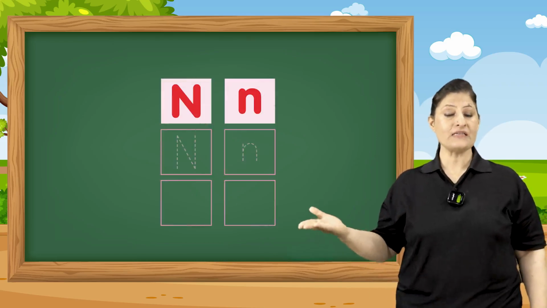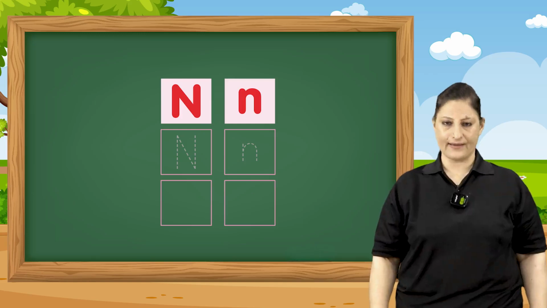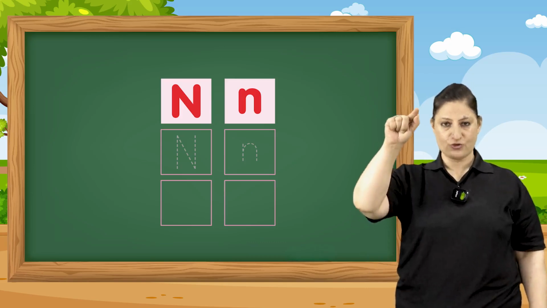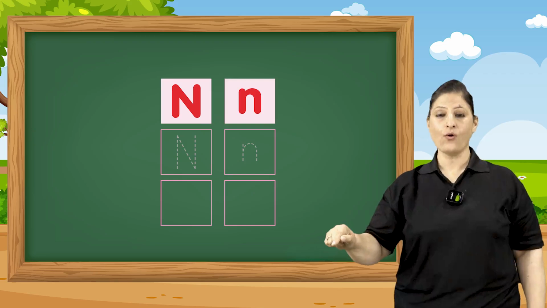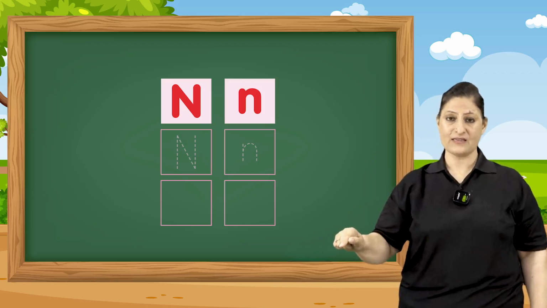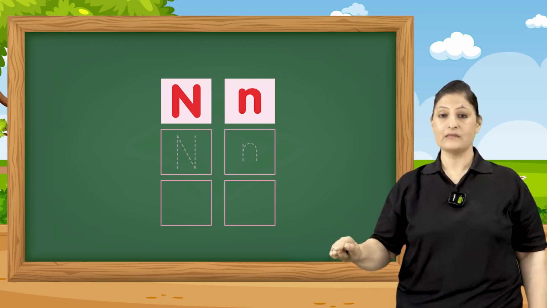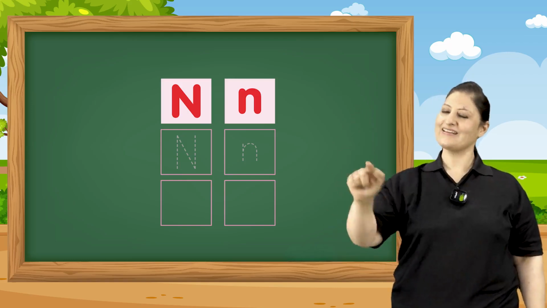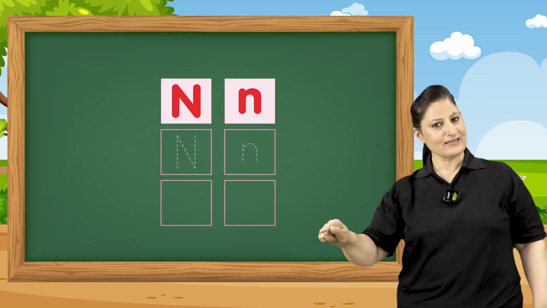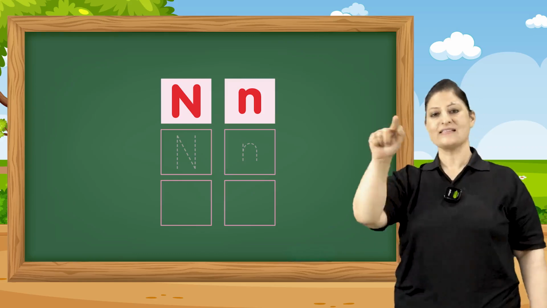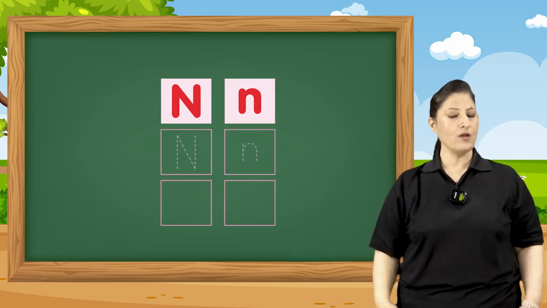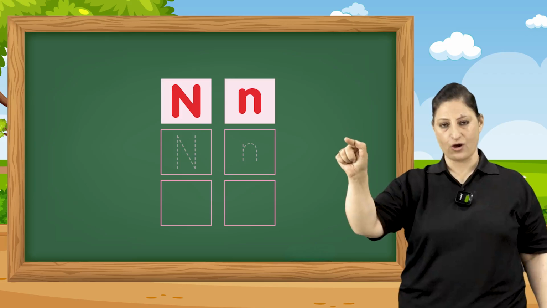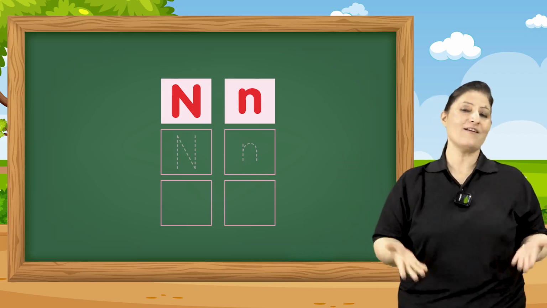Now, let's join these dots to form letter N. One standing line, and from the top of it, draw a slanting line. Now from this down, take this standing line, take this slanting line to the top with a standing line. Standing line, slanting, standing. Now, coming to a lowercase n. Standing line, now make a curved line on the top and there it becomes letter N.